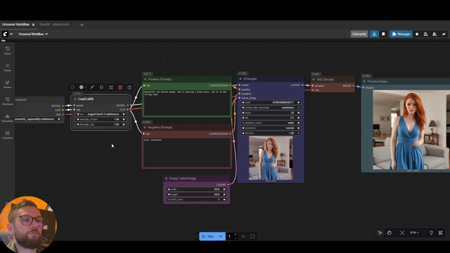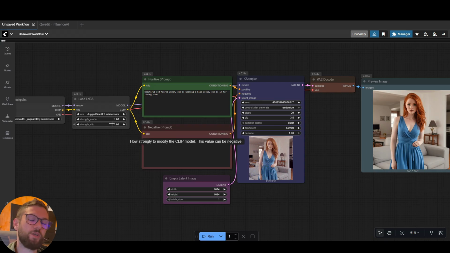Okay? So sometimes maybe if you have 2 or 3 different LoRAs, you want one to be 100% because you want that exact feature in your image, and maybe you want one that is 0.5, 0.8, because you just want a little bit. So for example, if I use this cinematic one with a not safe for work one, I want the cinematic 100% because I want a cinematic picture in the end. But maybe I don't want a super strong not safe for work LoRA, but I want just a little bit. And I can put